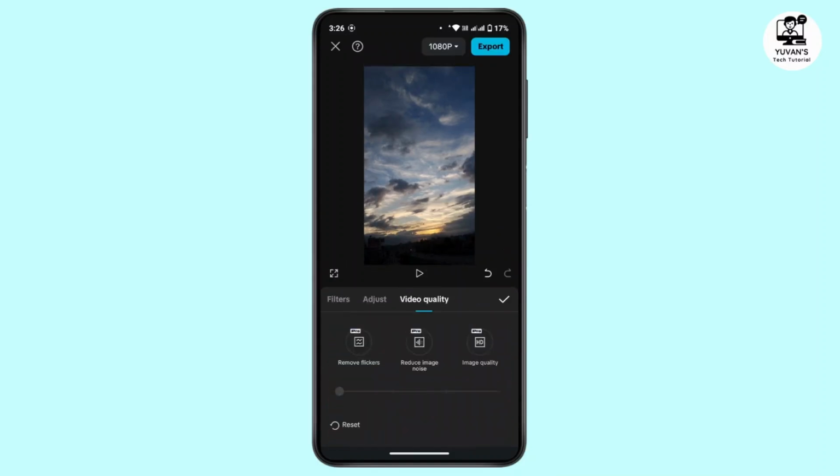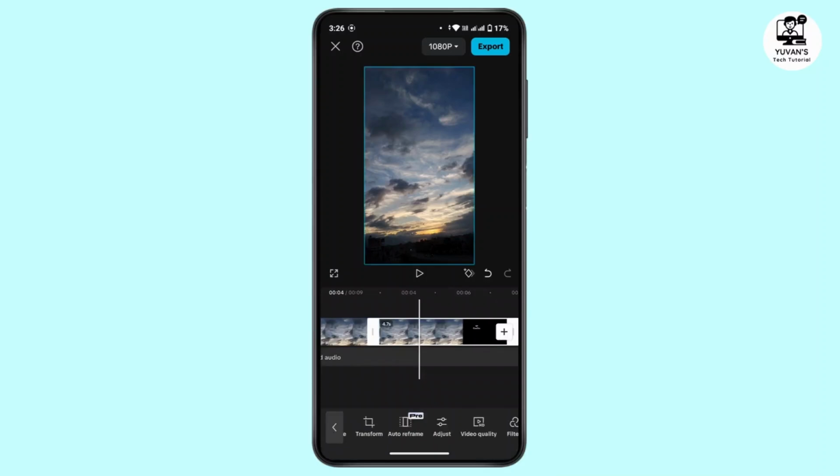Go and tap on video quality. Here you can change the video quality as well. There is remove flickers, that is the pro version. That means you must have the premium subscriptions in your CapCut to use all of these features. Once you're done, tap on this tick mark again, and if you keep on scrolling or swiping this menu bar